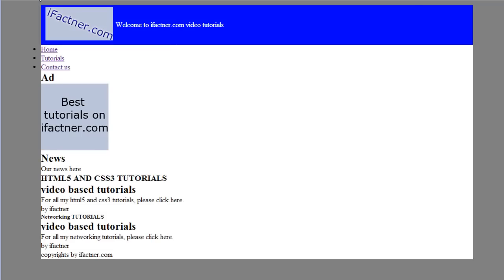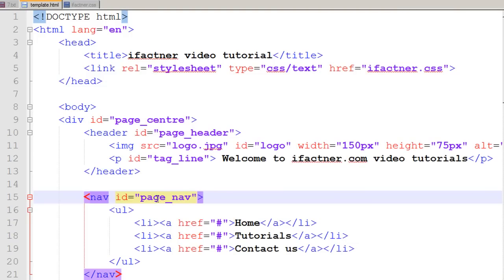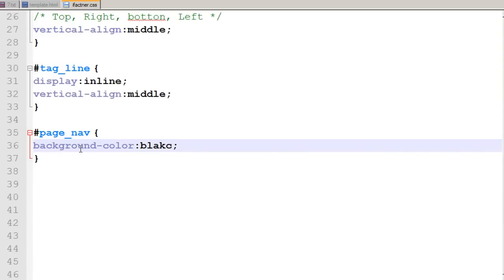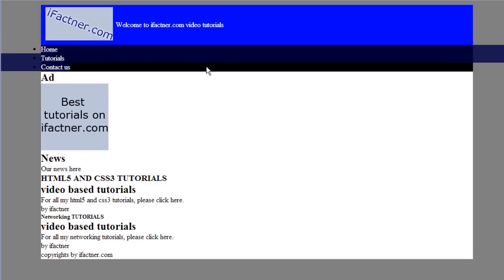And now if I refresh it, it doesn't change into black color. So what is the problem? It's page underscore nav. Oh sorry, I have written black. It's BLACK. So you have to remember either the name, or the RGBA values, or the hex values. So I refresh it and now see that our navigation bar has turned black in color,